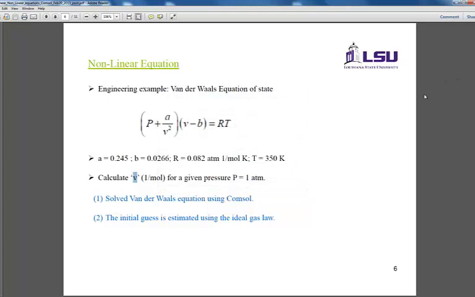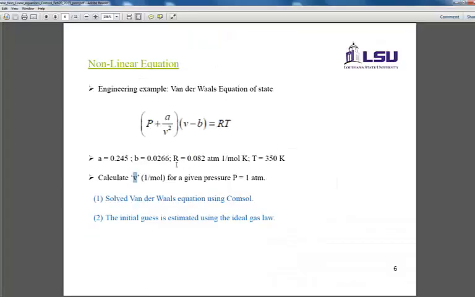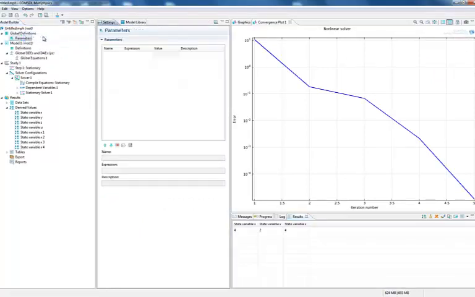So let us quickly write this equation and solve it in COMSOL. Again, for all these parameters we can define A, B, R is the gas constant, T is temperature. So I can right click this global definition and select parameters. In this parameters I can enter all the model parameters. For example, say P is equal to 1, and you can enter it in any units. We're going to see different unit types in the next tutorials, but similarly you can enter all the variables,